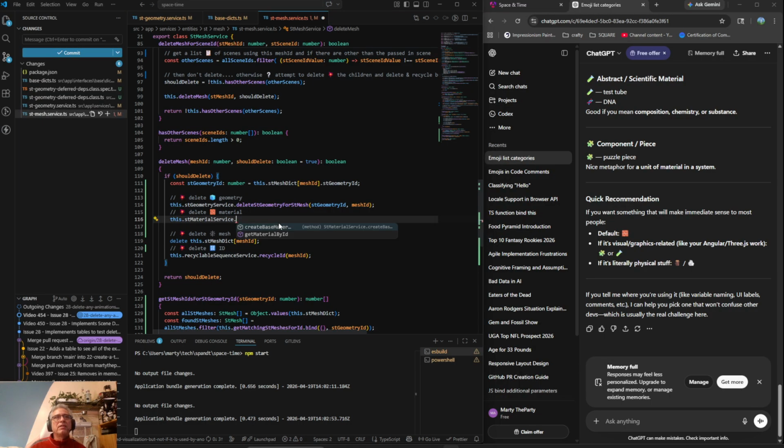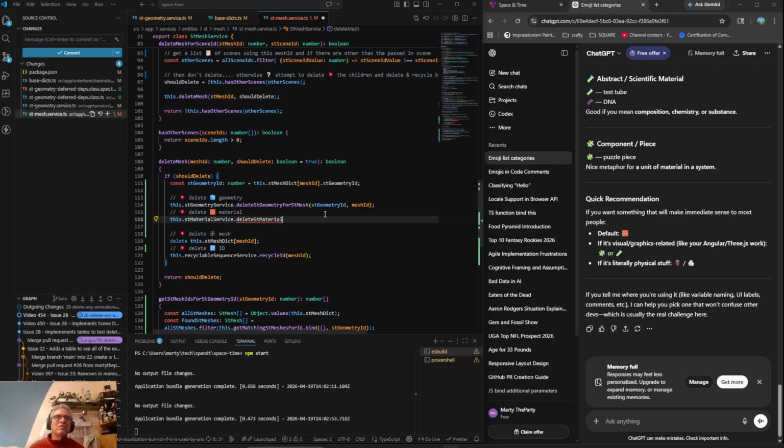And we're saying delete ST material. I'm not even going to implement the searching for things because already I'm starting to think this is a mistake, right? This delete ST geometry for ST mesh,